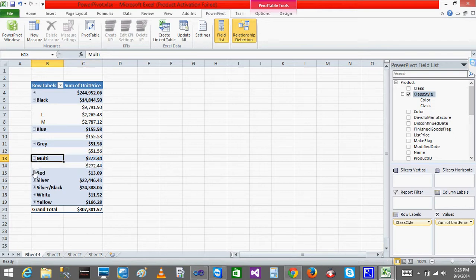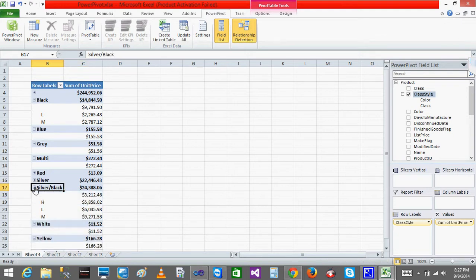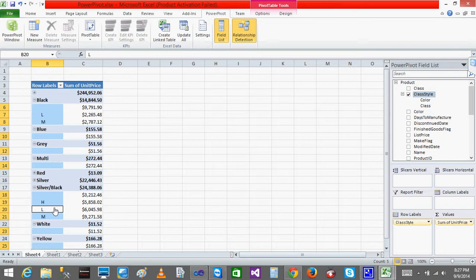For the multi, I don't have anything. For yellow, when you expand this, actually I don't have any facts and dimensions, that's why I am unable to do that. Okay, so this is a way how you can also create the hierarchies for the PowerPivot. Now I can save it anyway. I can just click save, it will be saved,